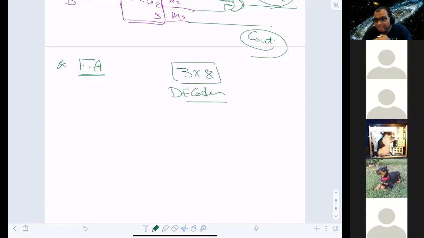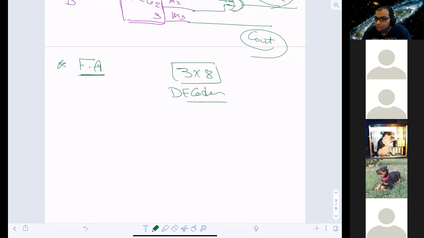Does that make sense? Can you say that again? If I tell you to build a full adder using a bunch of 2-to-4 decoders, what are you going to do? Exactly. First of all, you bring some of the 2-to-4s and connect them together to make it